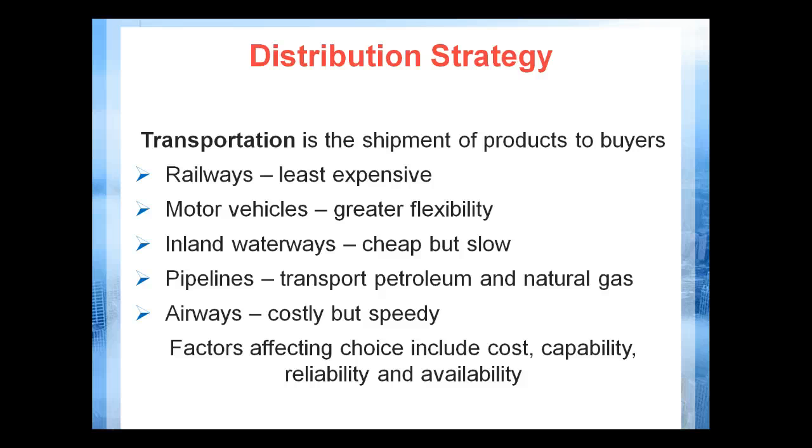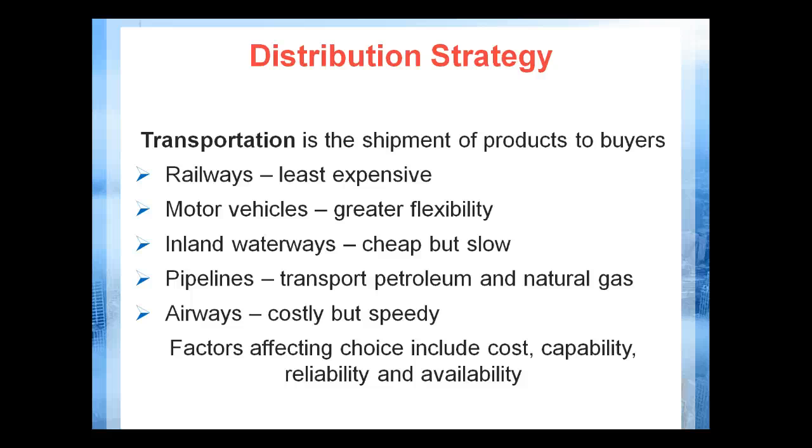Now, distribution strategy. This is particularly relevant when you're talking about vehicles. Let's assume that we have an automobile plant in Michigan and in Pennsylvania. Well, we've got to get these cars that we're going to send to the intermediary, which will be a car dealership. We need to get those cars from our manufacturing plant to those different outlets where they're going to actually sell